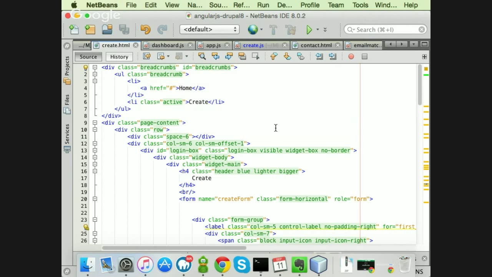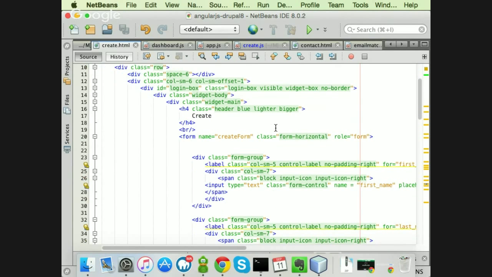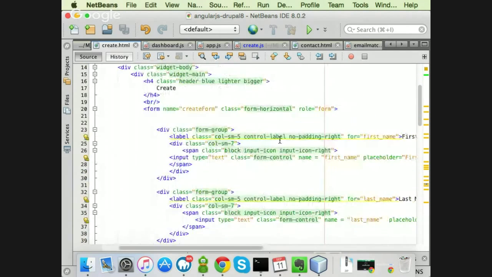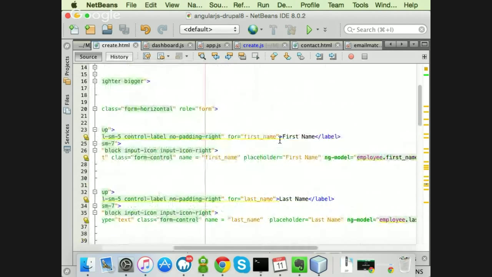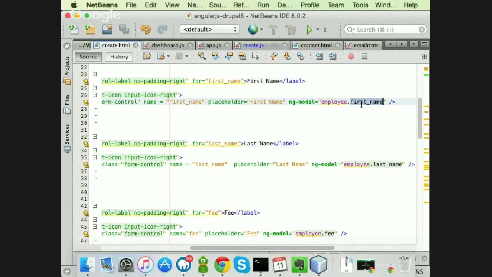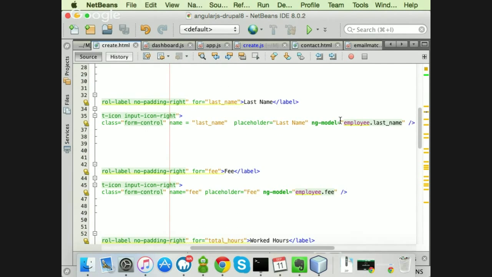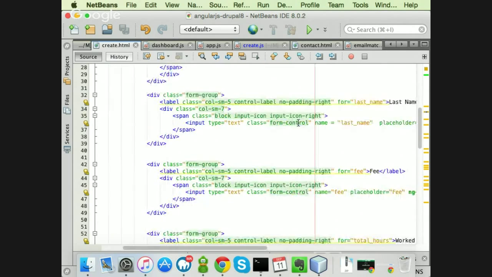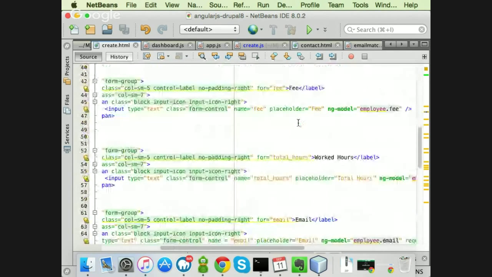Now the view for create is regular HTML with embedded Angular directives. The first one we're going to see is just where we're bringing data from on the model, first name, last name, of course, in case we want to put it there as default.